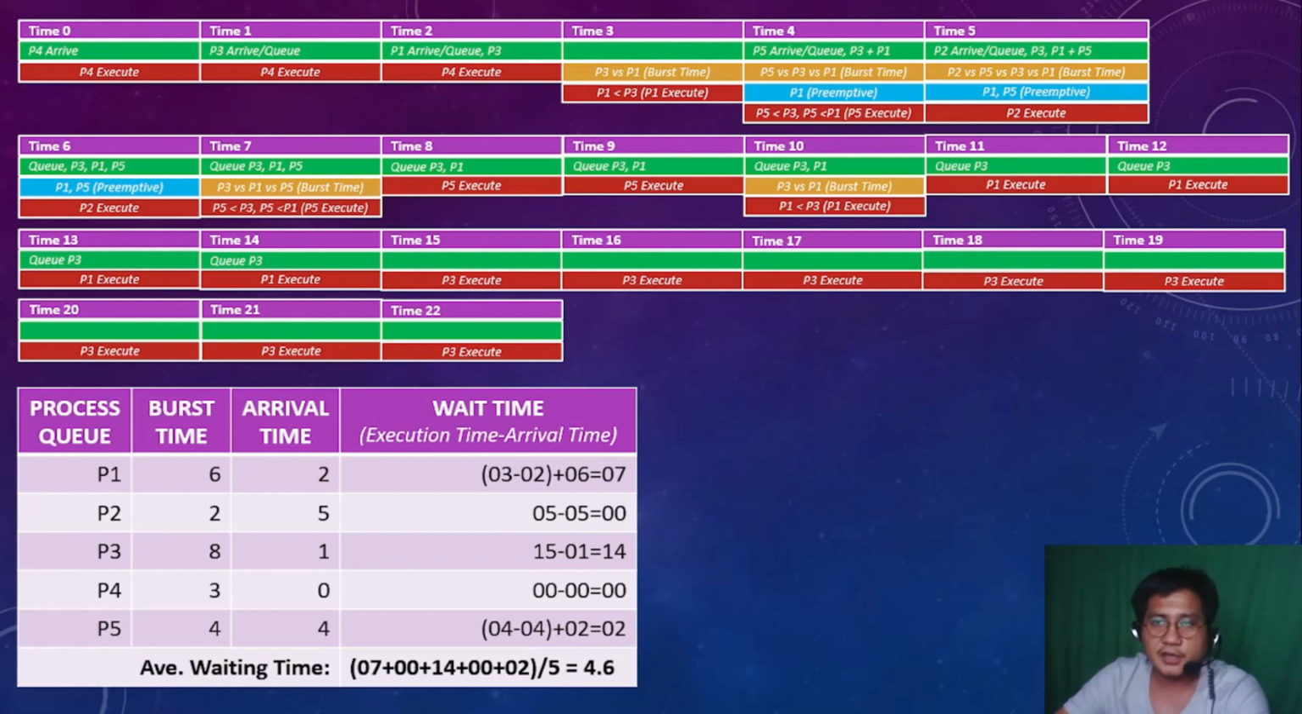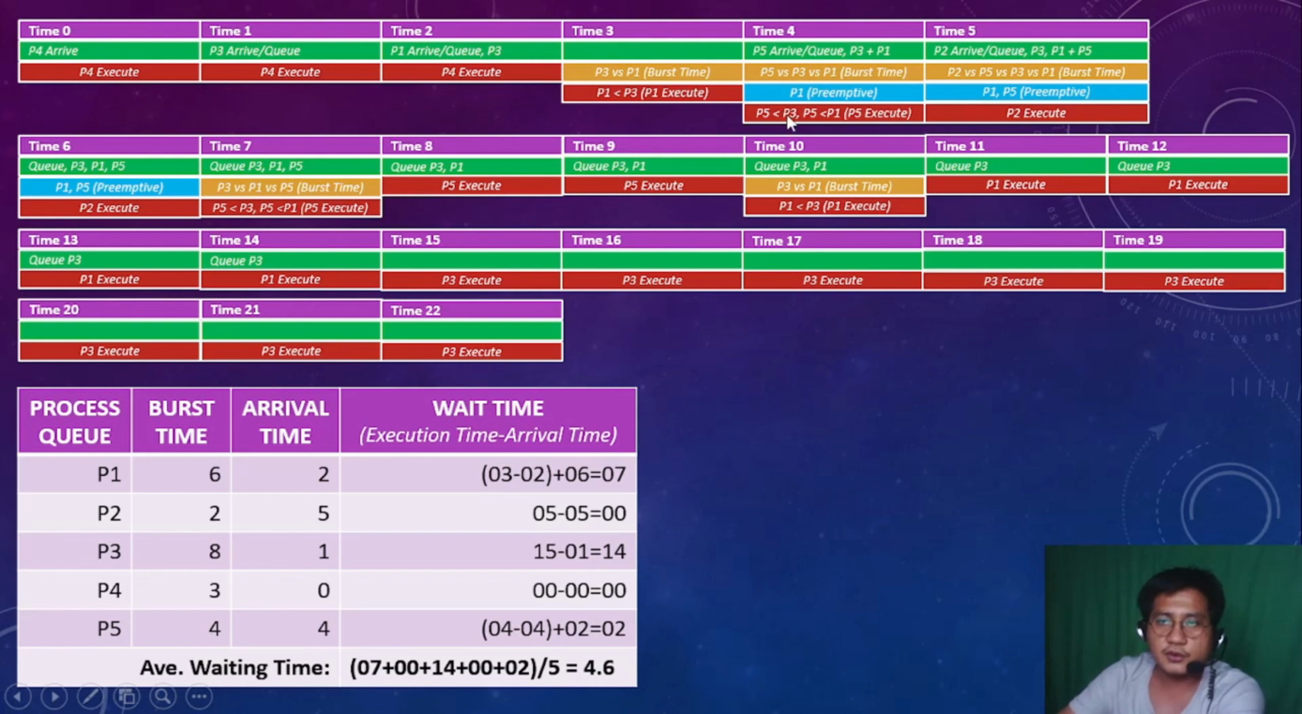So in here, it will notice that P5 has 4 burst time compared to P1 that has 5 burst time. Why 5 not 6? Because P1 has already begun its execution at time 3, so it's already been deducted one time, so P1 now has 5 burst time during time 4, but that burst time, which is 5 for process 1, is still longer than the burst time of process 5,